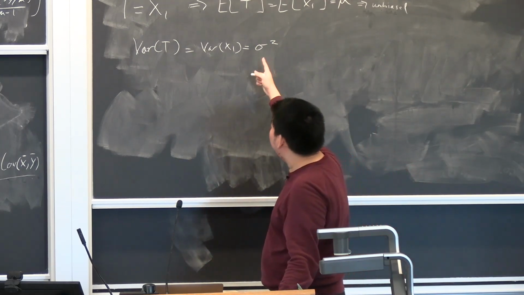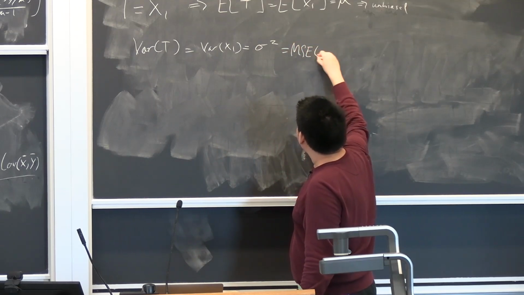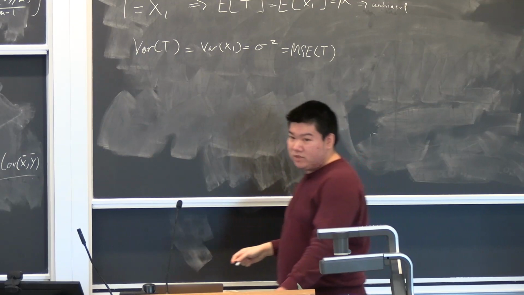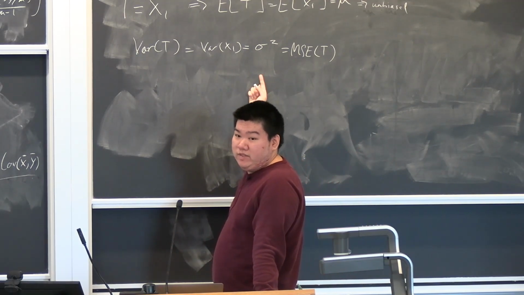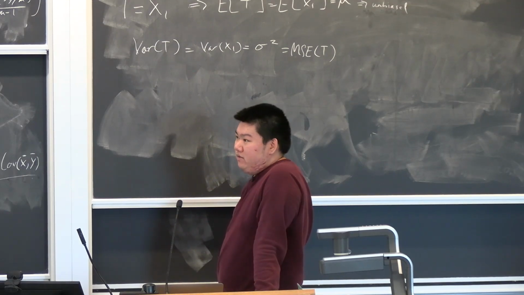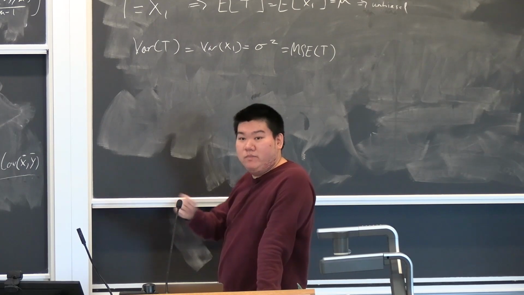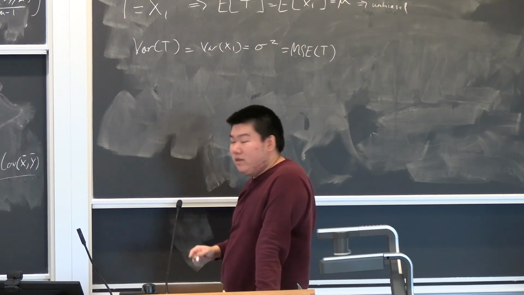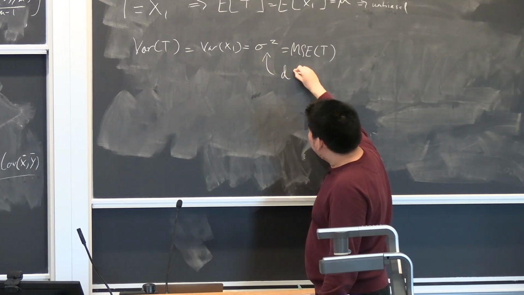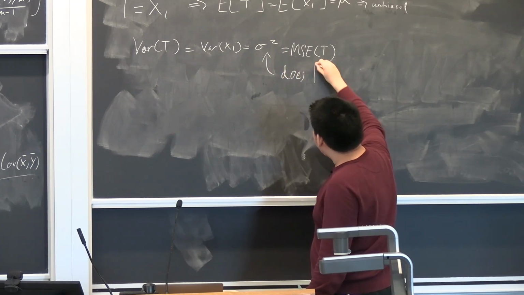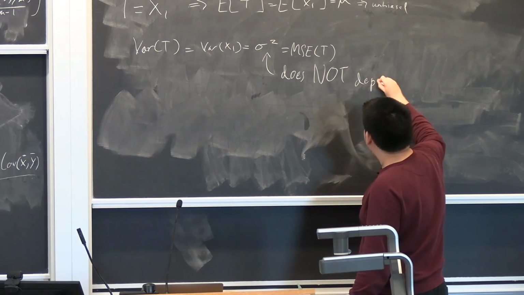Sigma squared here, this is the MSE of T. What important thing doesn't appear in our MSE? It's something that doesn't really matter when we're doing unbiasedness, but for consistency is very important. Anyone? Yep. This MSE does not depend